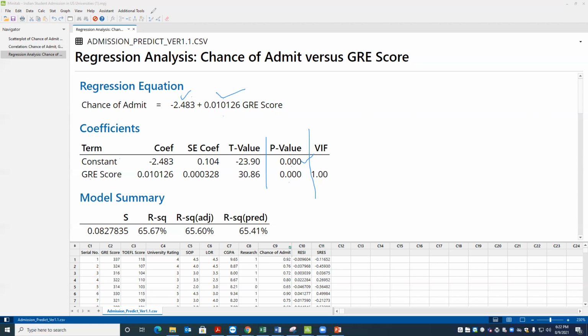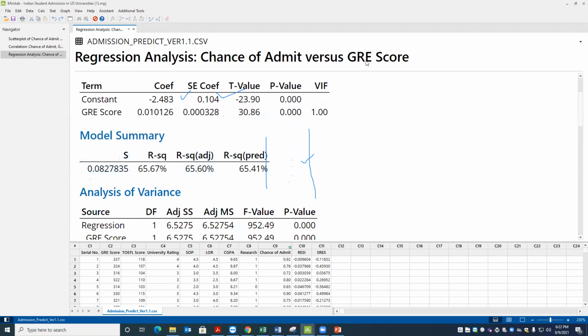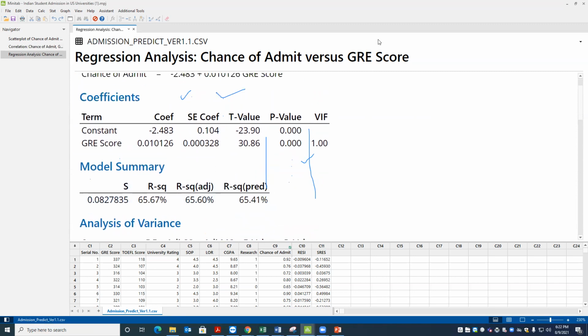Or let me go and do one thing. So let's do the same thing. No, we'll do it later, because there will be one more thing here. You can just check it. This is the coefficient, this is the standard error of the coefficient, and this is the t-value. What is the significance of this? For GRE, this is the t-value. There is a relationship between these. How? This multiplied with,